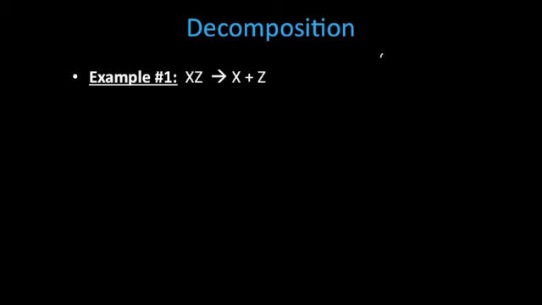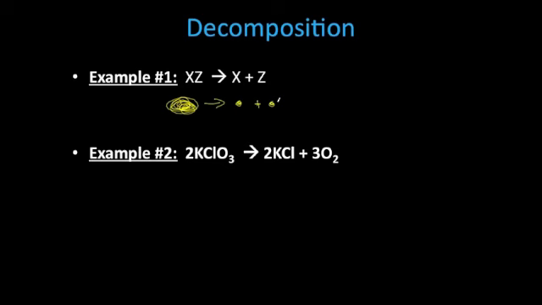So you'll see this using the generic symbols once again. You have the large molecule, and it goes through a reaction and breaks apart into 2 smaller molecules. Okay, it decomposes, breaks apart. This is an example where you have potassium chlorate breaking apart into potassium chloride and oxygen. So you have this large potassium chlorate molecule, and it splits apart and forms 2 smaller compounds, potassium chloride and